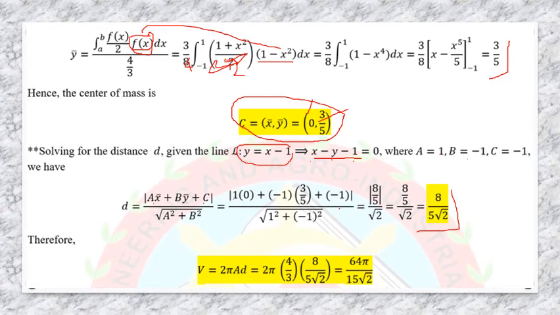So we have 2 pi times CA, which is 4 over 3, the area that we got. Then the distance is 8 over 5 square root of 2. So we have 64 pi over 15 square root of 2. Therefore, this is the volume of a solid of revolution generated by revolving R bounded by the parabola and the line y equals to